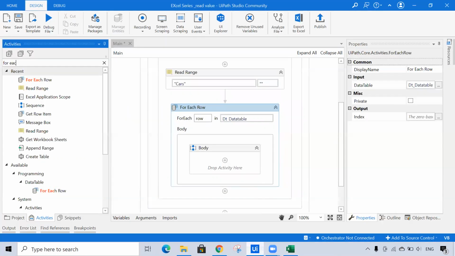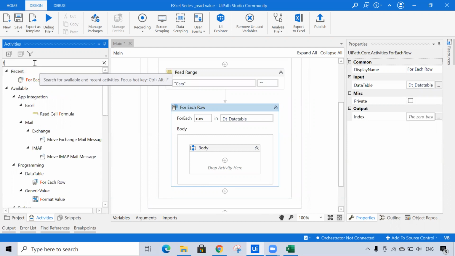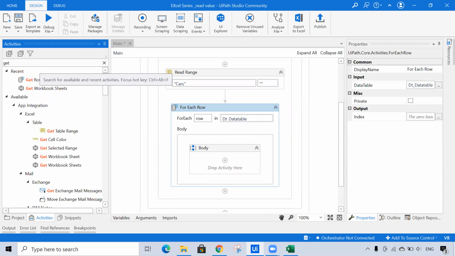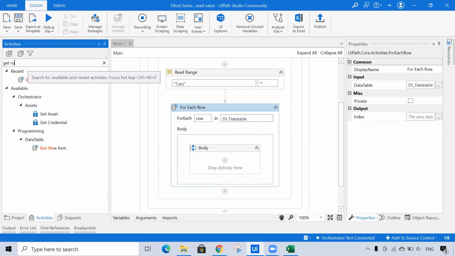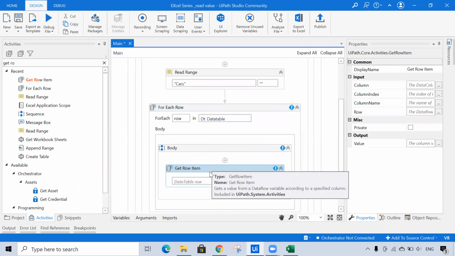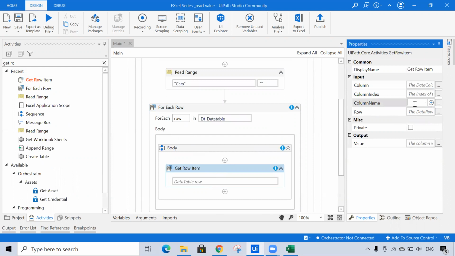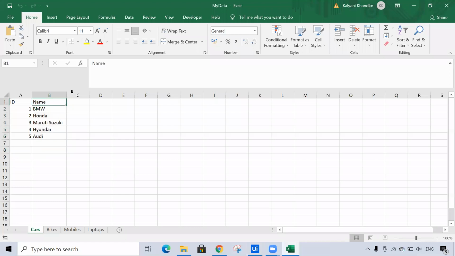So I'm doing this by using the UiPath activity. Just use the get row item activity. Get row, this one, get row item, right? So now here in the properties panel, you just give the column name, whatever it may be. In our case, the column name is name only.